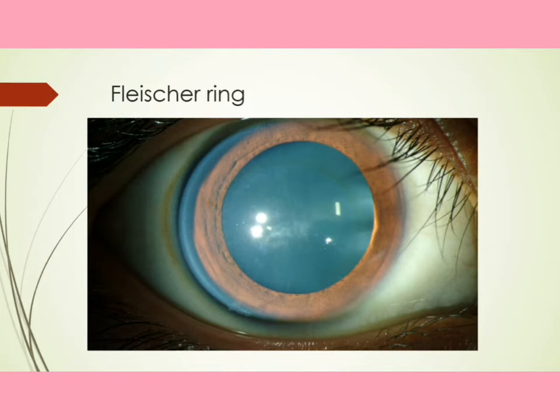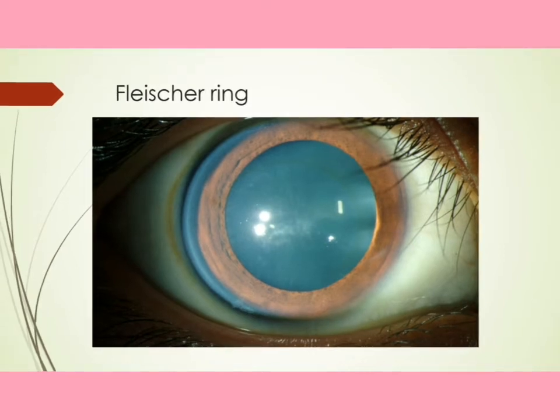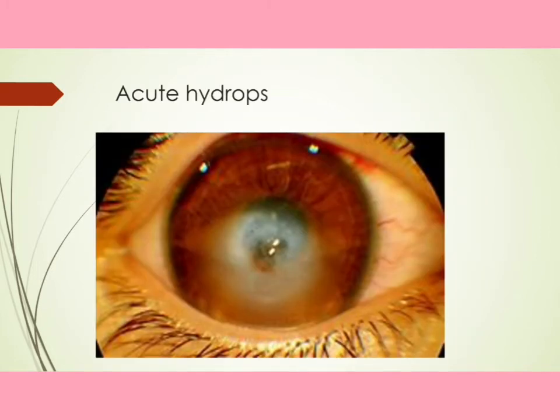Okay, then you will move to staining or a cobalt blue like this, but before that you need to see it in white light. Okay, now acute hydrops. So acute hydrops, here is the thinning. If you do an optical section in this area, you can observe that there is a thinning in the central area. So acute hydrops is caused by a break in the Descemet membrane with stromal imbibition of aqueous through